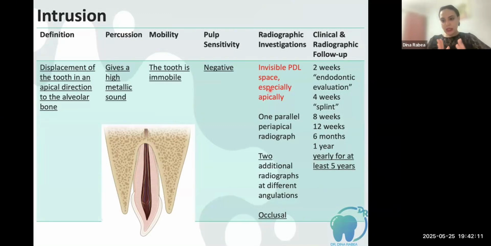For intrusion, if you remember in primary teeth, we mentioned that we just leave the teeth for spontaneous eruption, always. In permanent dentition, it's a little different because we do not have the malleability of the bone and the healing power of the very young kids. So we have to think about what is the decision given the maturity of the tooth. If the tooth is